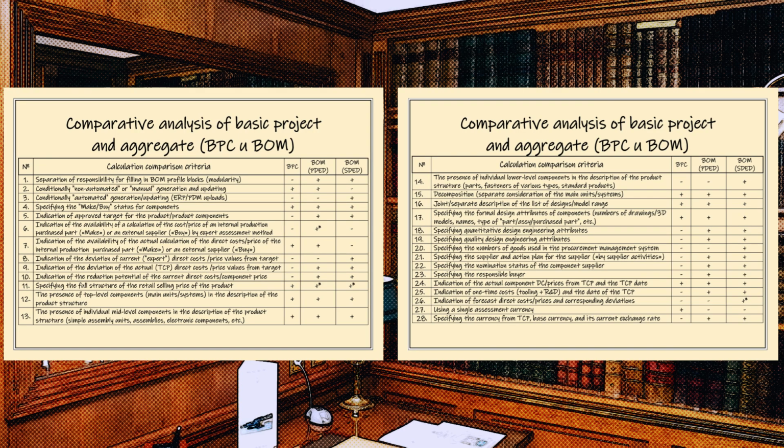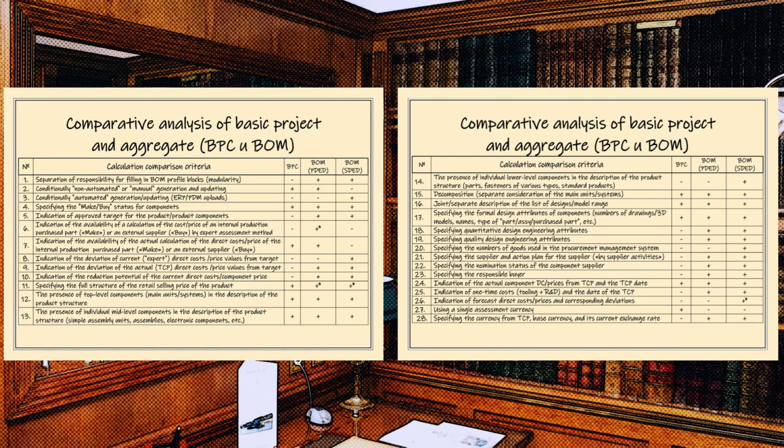Examples of such top-level units or systems, for example, for a car: power plant, chassis, body, body attachments, interior elements, exterior elements, security systems, climate control systems, or HVAC. We will look at the breakdown for the drone as part of the review of two types of BOM just below. Criterion 13. The presence of individual mid-level components in the description of the product structure: simple assembly units, assemblies,